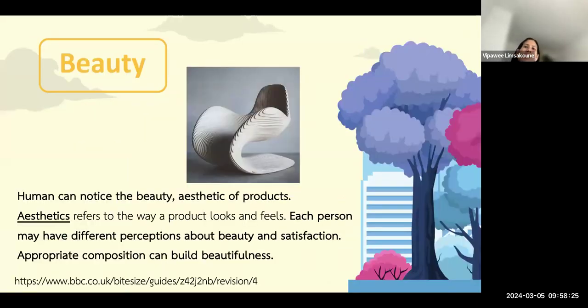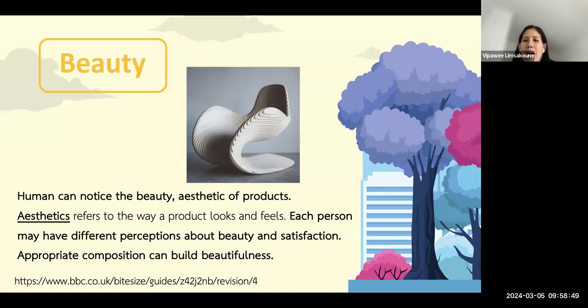Beauty. We notice the beauty and aesthetics of products. It refers to the way a product looks and feels. For me, this chair looks curved and smooth, and it looks beautiful to me. Each person may have a different perception regarding beauty and satisfaction.